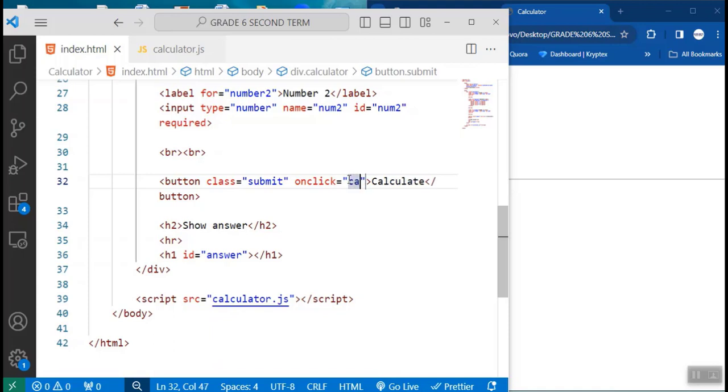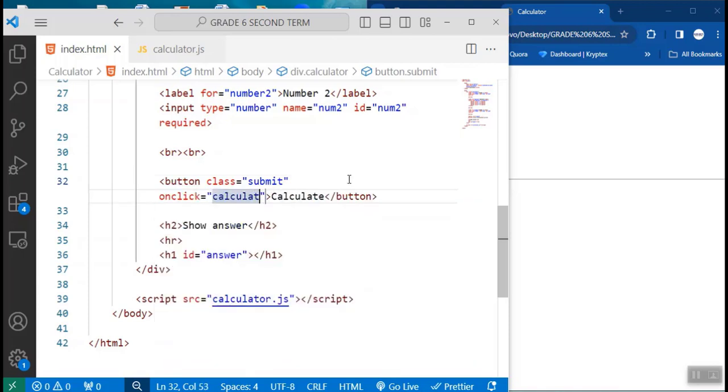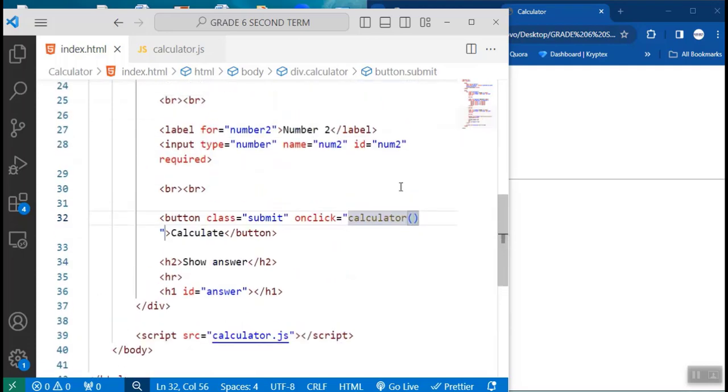So our function name is calculator. Okay, make sure you don't make mistake in the typing, and I type it exactly like this. Because the function, you type the function name and you open empty bracket, and then